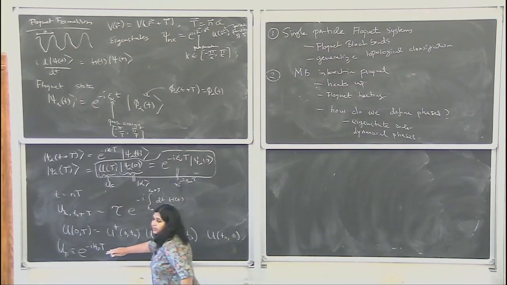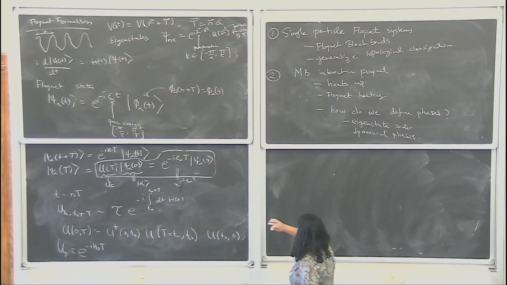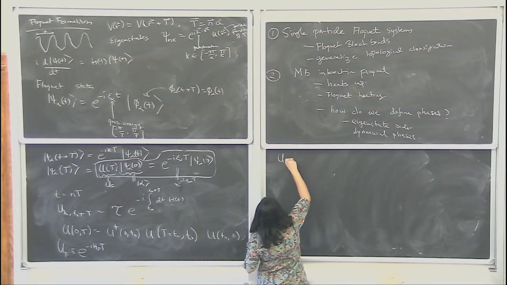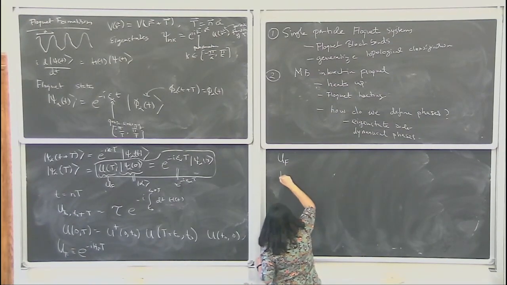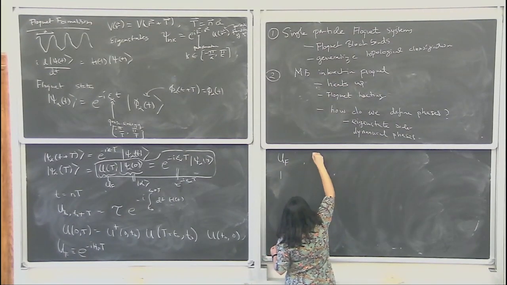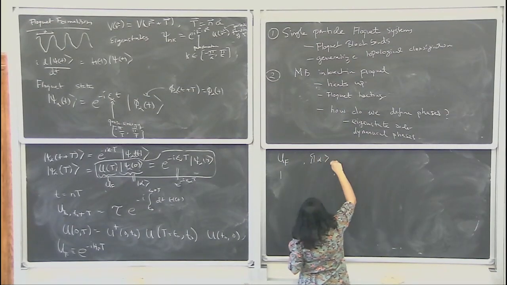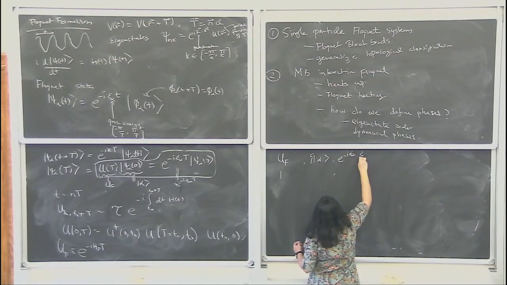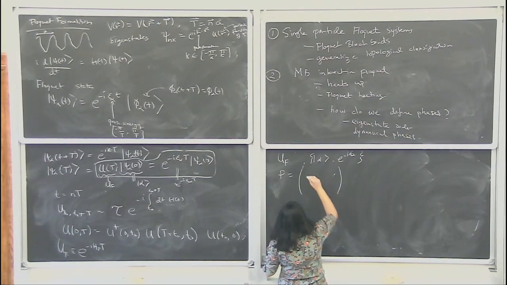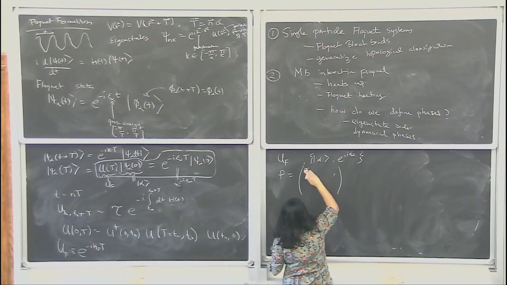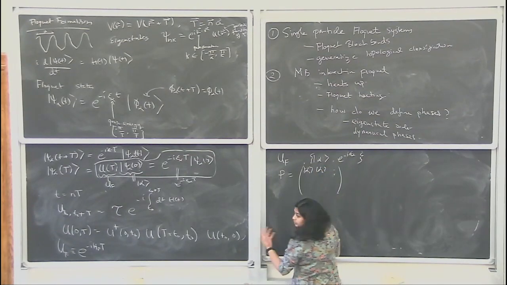No, so at this point, your Hilbert space has not changed. I'll talk about a different scheme later where the Hilbert space looks different. But right now, all I'm doing is, say U Floquet has an eigenspectrum, so you can define a change of basis. It has eigenvectors |α⟩ and eigenvalues e^(-iε_α), right? So you can define a unitary matrix where you take all these different α1, α2 as the columns,